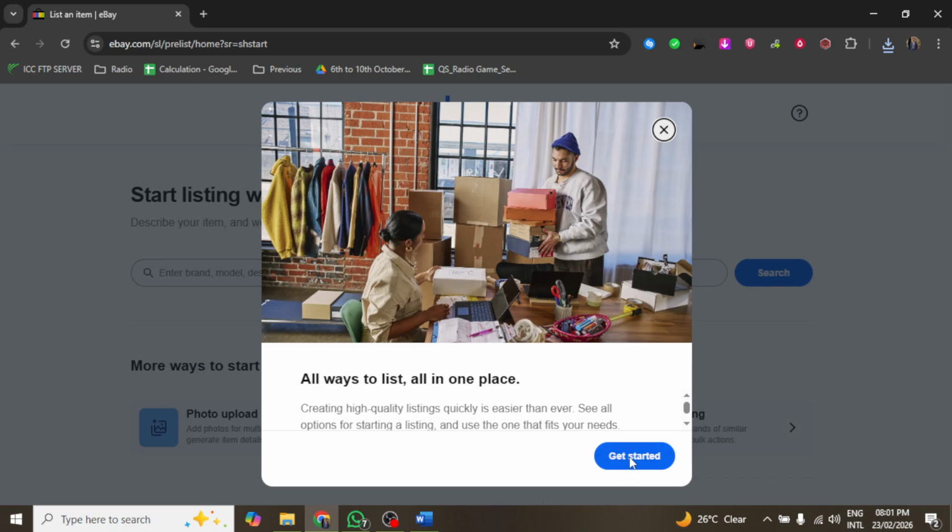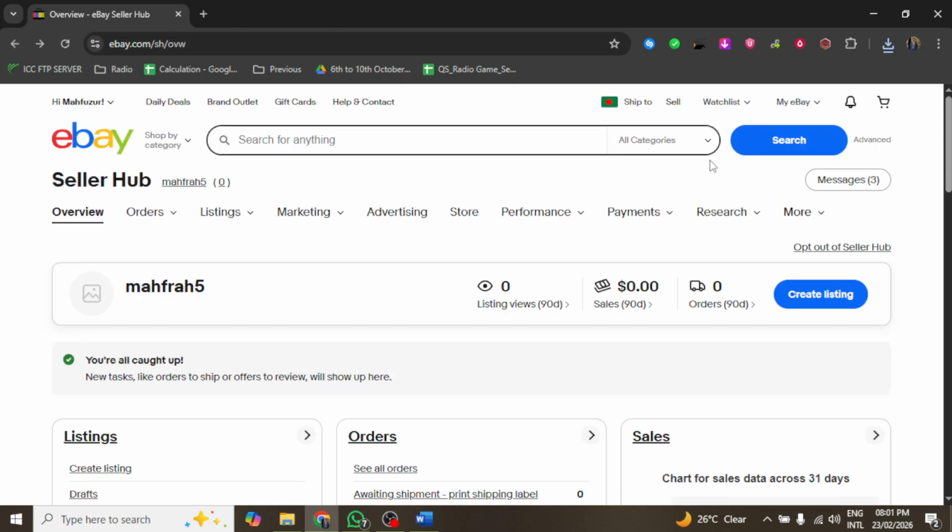To do this, navigate to eBay's search bar and enter relevant keywords for the items you plan to sell. Once the results load, use the filters on the left side of the screen to select sold items. This will show you listings that have successfully sold, allowing you to observe their pricing, keywords used in the titles,